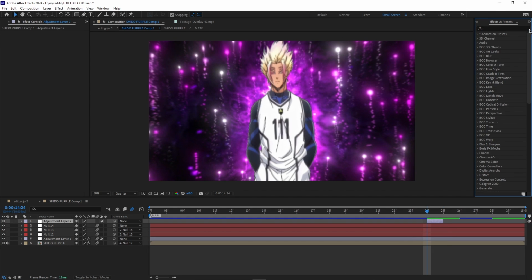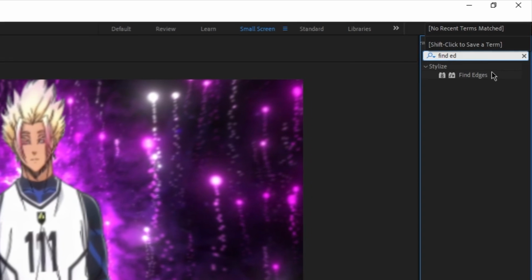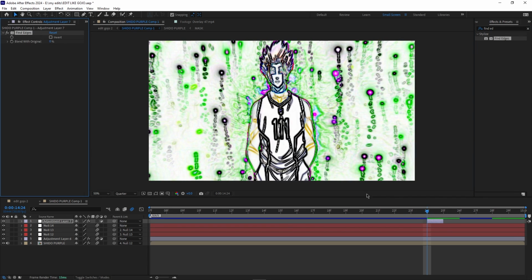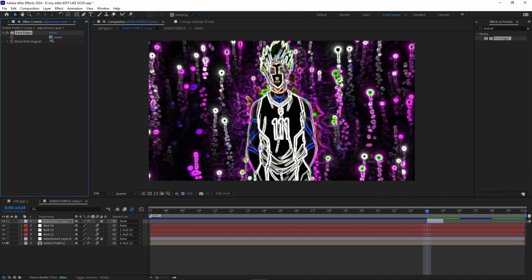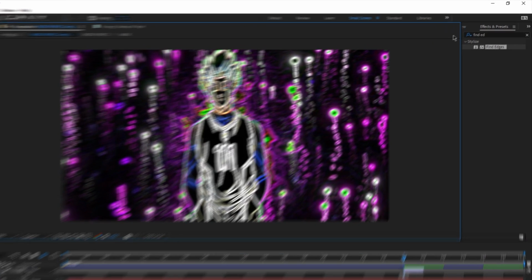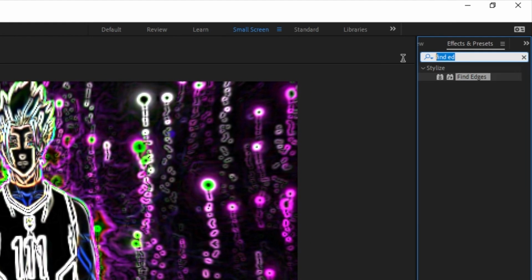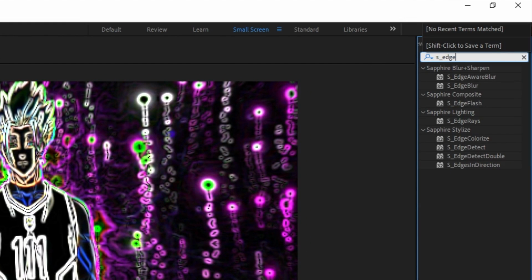I didn't see what kind of glow it was. So I think we search for find edges on the one framer. Press invert, blend with original. Nah, well, let's stay like this because we add colors anyway. Then we go to search for S underline. Oh my gosh, let me save just in case. S underline edge